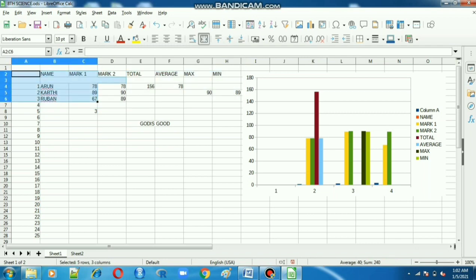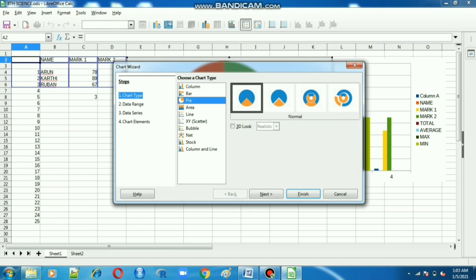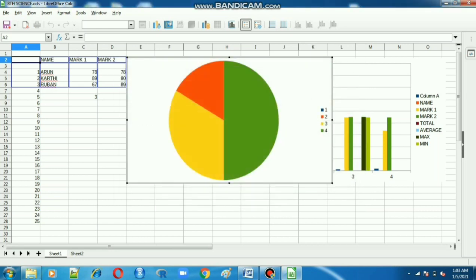Click and drag your mouse and select only the name, mark 1 and mark 2. Go to the Insert option, there is the chart. Here I have to use a bar chart or pie chart. Select and click Finish.